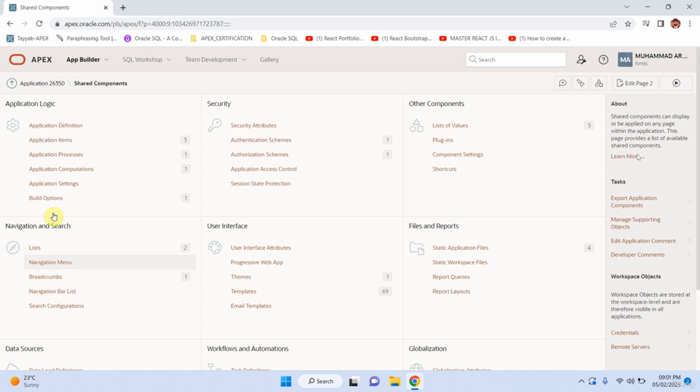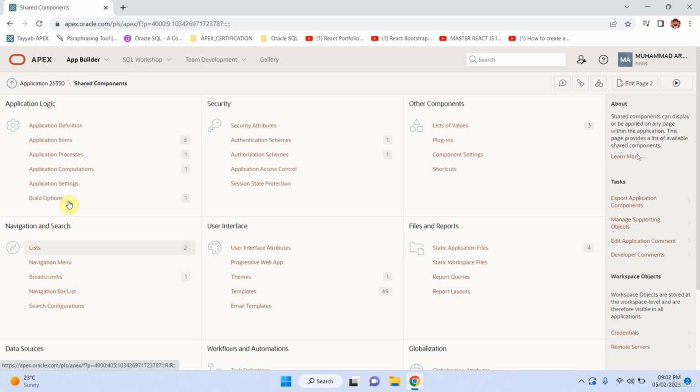The second option is navigation menu. A navigation menu is a list of links that enables users to navigate the pages in an application. Navigation menus are only supported in applications using the Universal Theme 42. If you are using an older version of Oracle Apex, in that case, you would not be able to